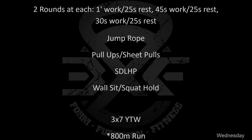On Wednesday, this is another CBC style workout. This is our vital commitment workout. So we're changing work intervals here, going from a minute of work to 30 seconds of work. So we're getting close by the time we're done with this workout to a 1-to-1 work-rest ratio. This allows you to pace yourself and get to some really intense work by the time you're done with